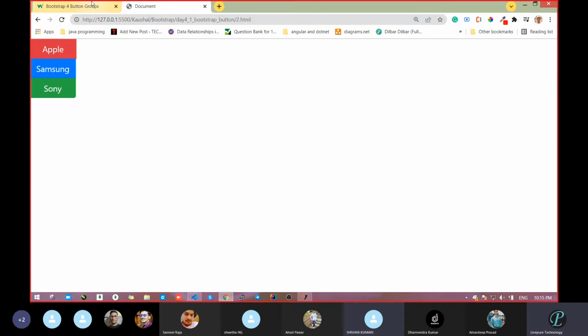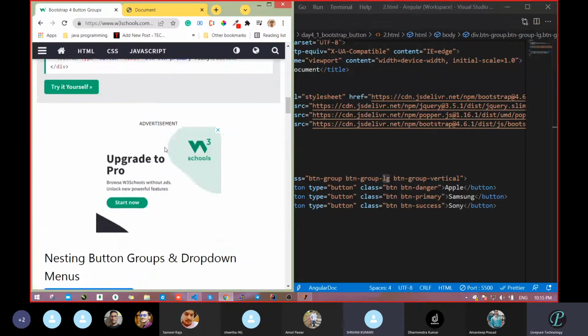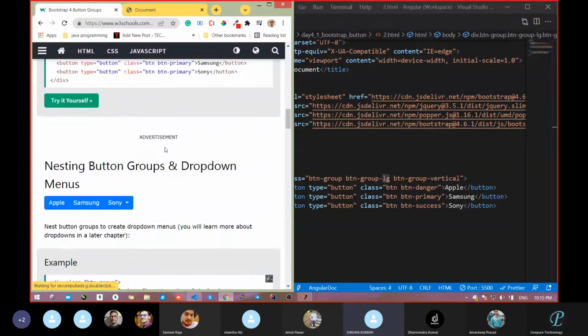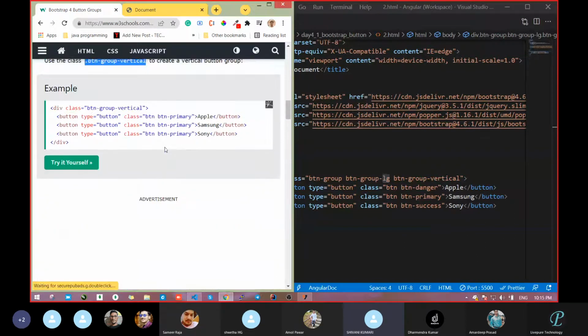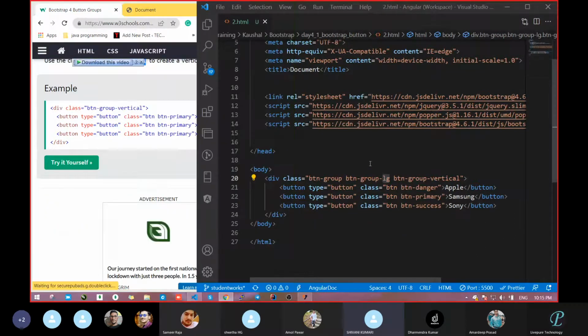So this way we can. Next, sir, button vertical. Yeah, remove one btn-group, sir, and btn-group, this one. Fine, second one, sir. But the second one has LG. Just remove btn-group, first one.